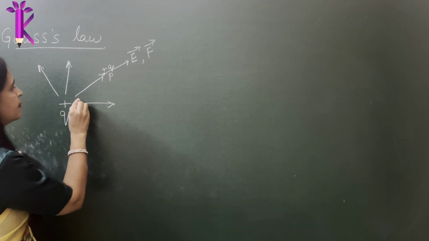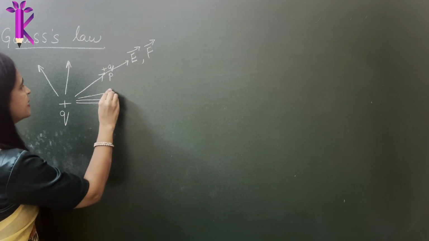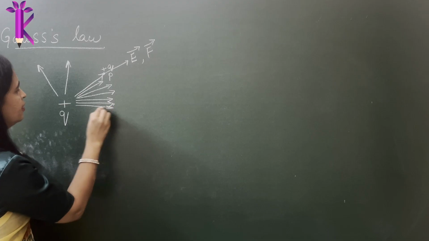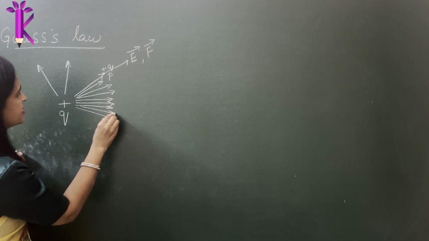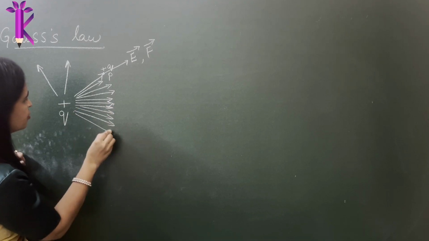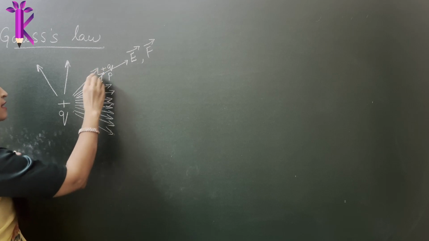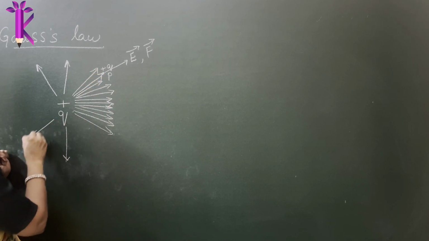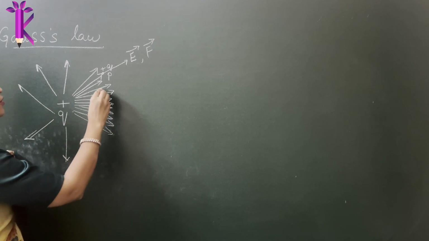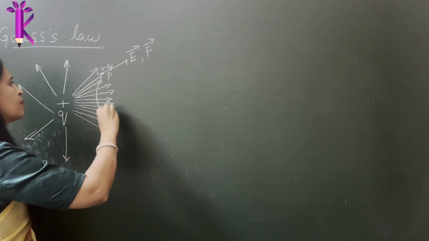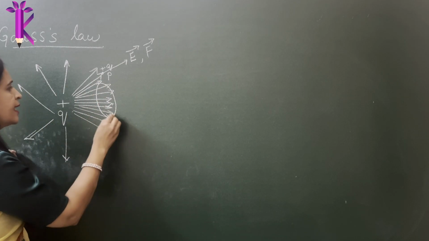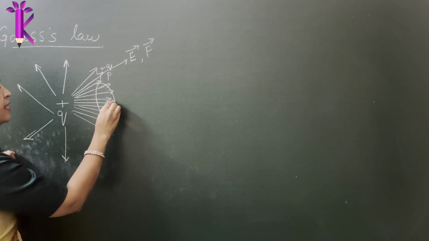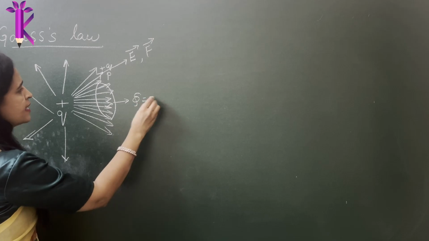Anywhere you look, you can draw an infinitesimally large number of electric field lines, which we have already discussed in detail in the previous class. You can draw as many as possible even in between these gaps. For simplicity, here I am drawing only a few, and some more here. If you take some cross-sectional area, if this is a unit area, the number of lines crossing here is 1, 2, 3, 4, 5, 6. So here the electric flux in this area becomes 6.